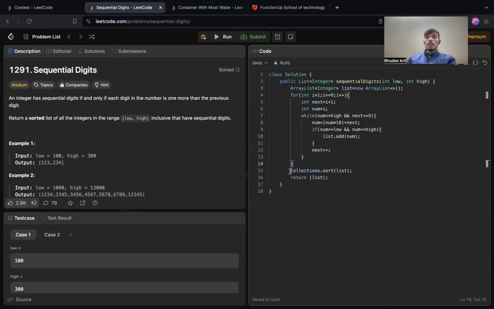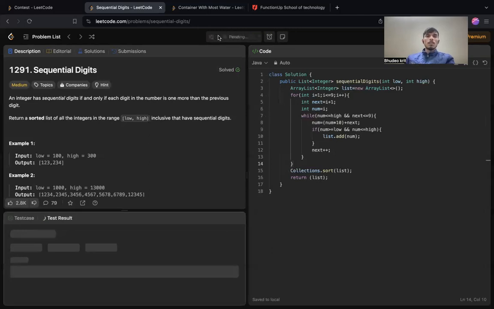And after that, we have to sort the list, because in this question it is clearly mentioned that we have to return a sorted list. So we use Collections.sort, which is used to sort an array list. That's why we have used Collections.sort, and then we are going to return the list, because the name of our array list is list. So if we run this,